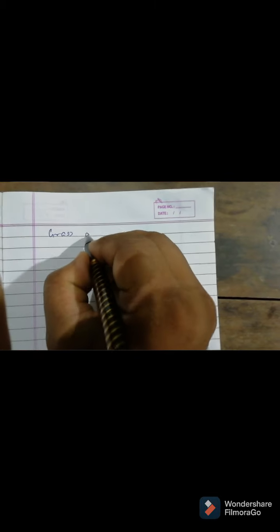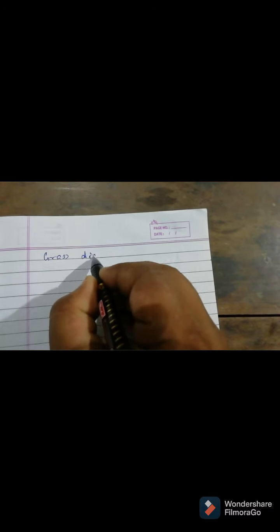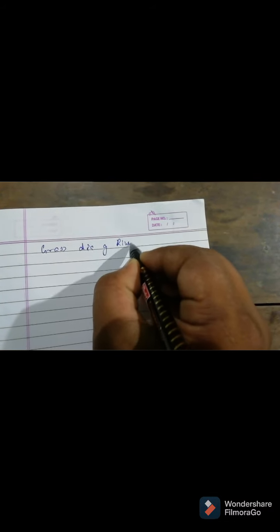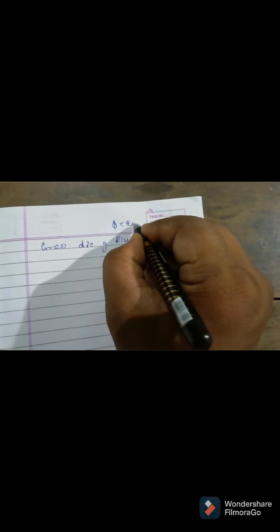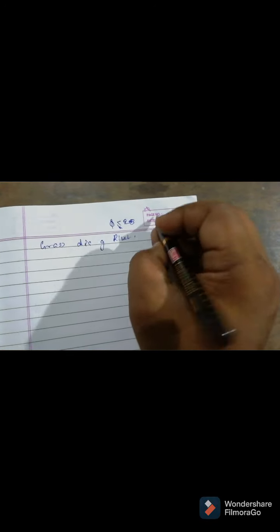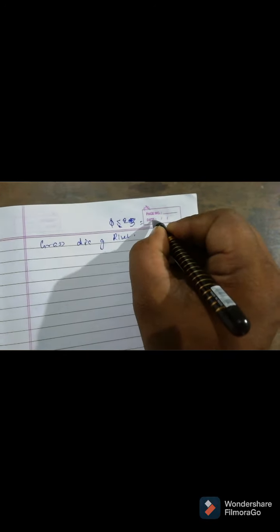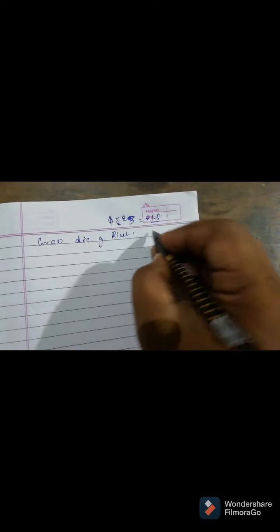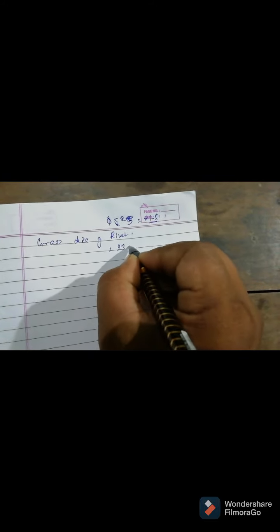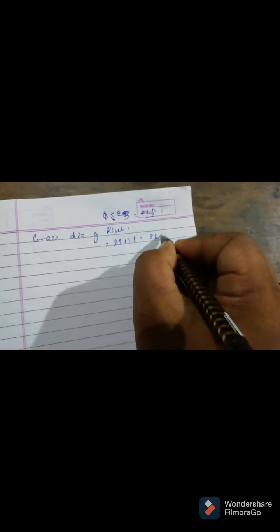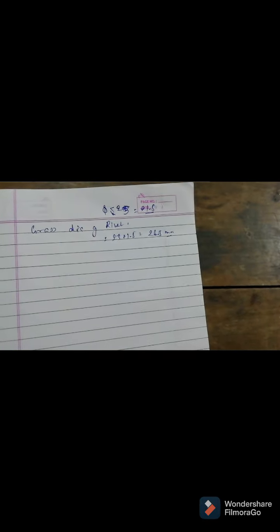Here, the gross diameter of the rivet: if the diameter phi is less than or equal to 25 mm, then increase it by 1.5 mm. So here 25 plus 1.5, that is 26.5 mm. So now here,